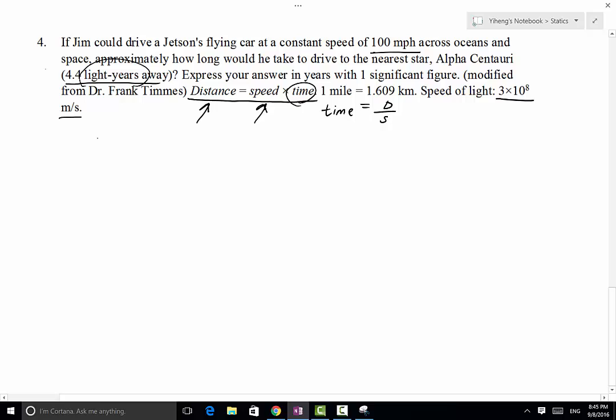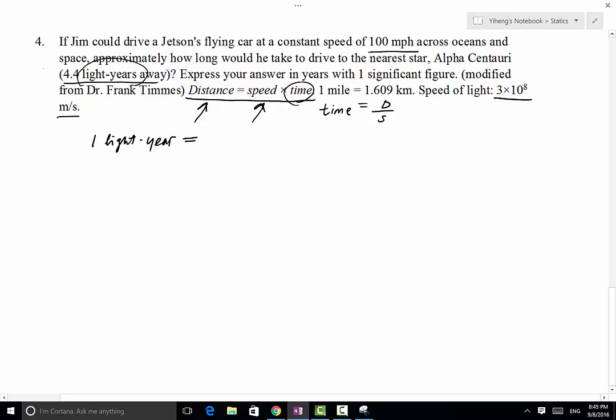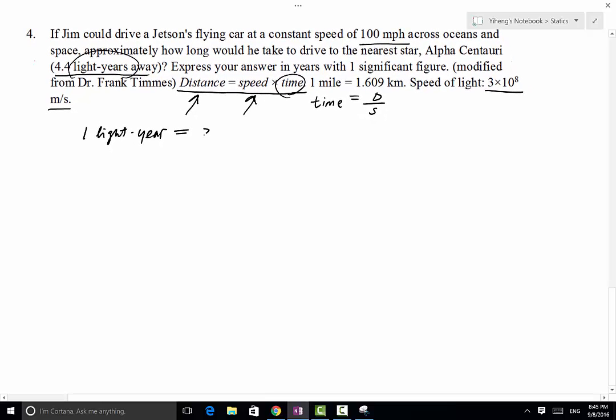So 1 light year is the distance traveled by light in a year. Therefore, that's going to be the speed of light, 3 times 10 to the 8th power meters per second, multiplied by 1 year. Year and second don't cancel out. Therefore, we need to use unit conversion to convert year into second. So we're going to put 1 year here on the denominator so that they can cancel out. And that'll be